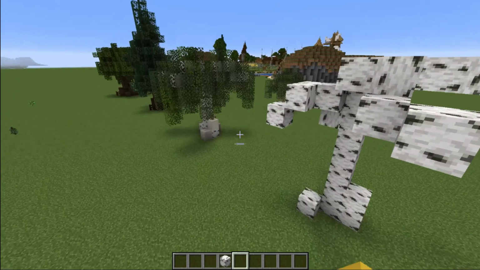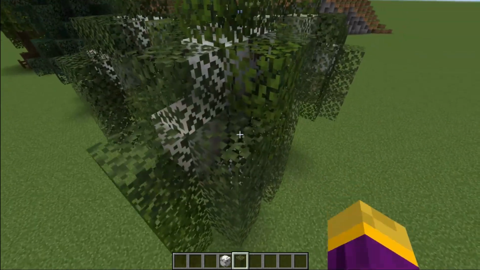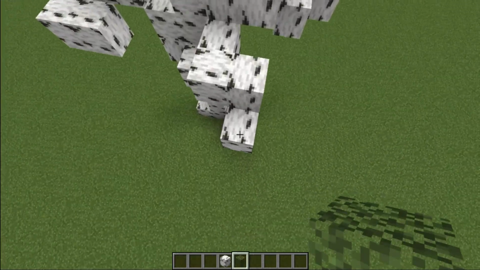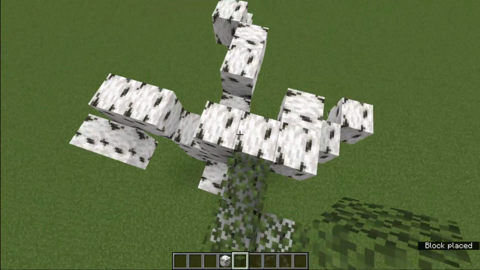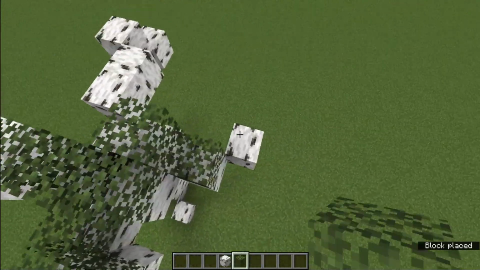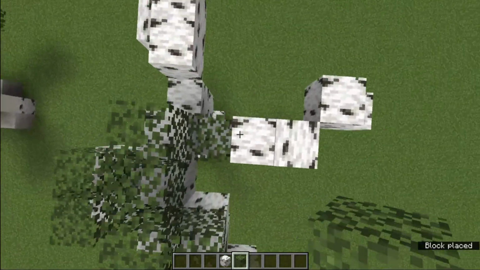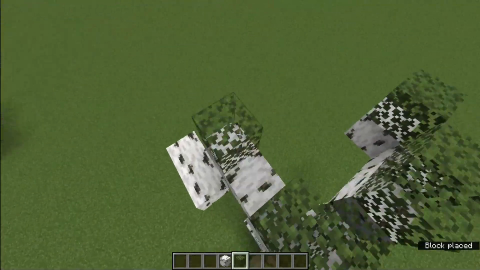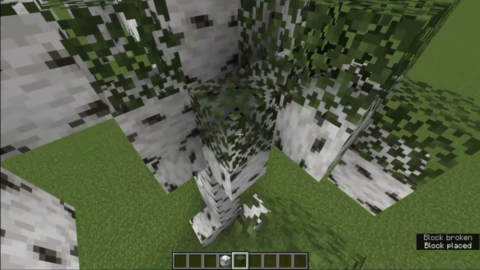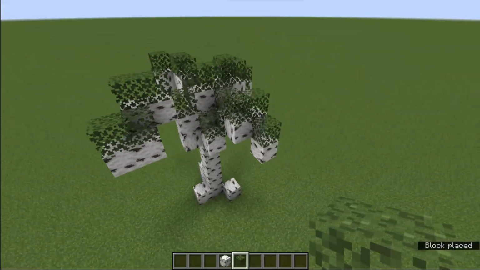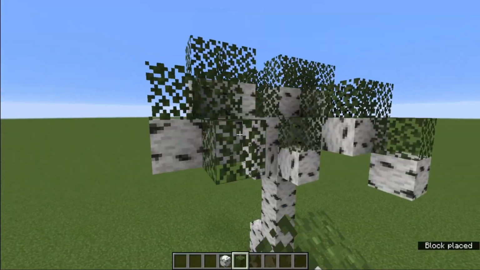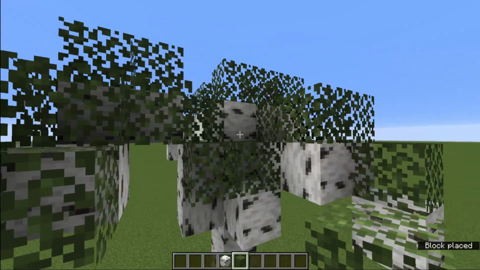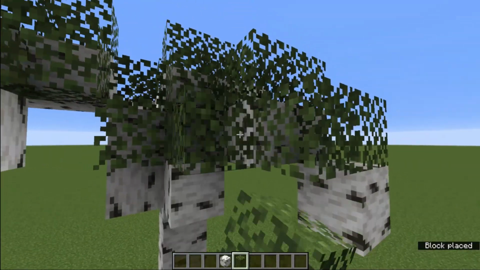Alright, the next step, you want to grab your birch leaves and you just want to cover the top. You don't want to cover anything other than the tops. Every top of the block that you can see up here, obviously not the roots, but that's pretty obvious. Alright, so we'll just kind of go around here, cover up all the tops of the blocks, and then we want to cover up all the sides. But let's see if there's any. If there's a side